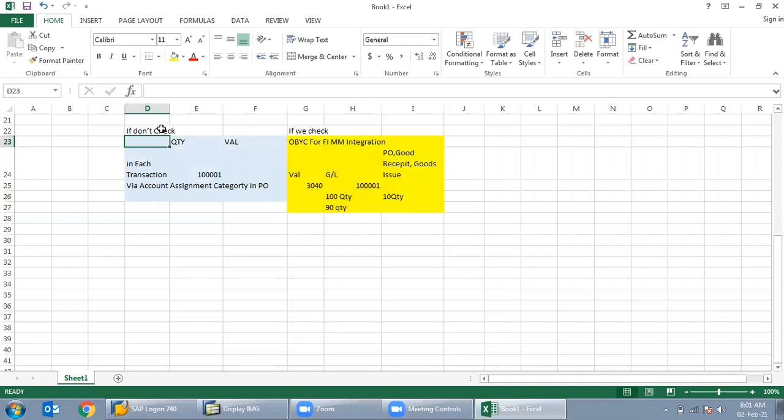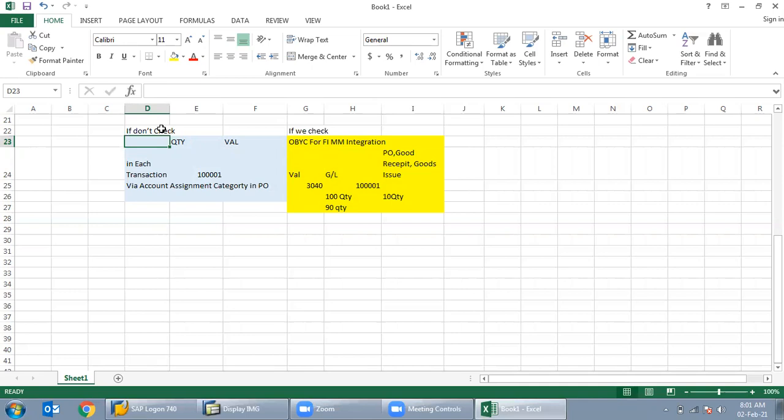Yes, sir. Actually, I didn't get it exactly. What I have understood, I'll tell you. If we check the quantity and value, what happens in the background is it will create a range for that value GL and all, and it will automatically assign it for n number of materials.